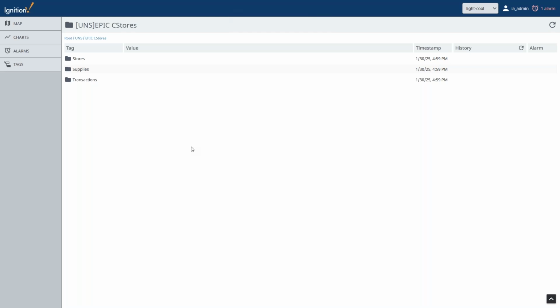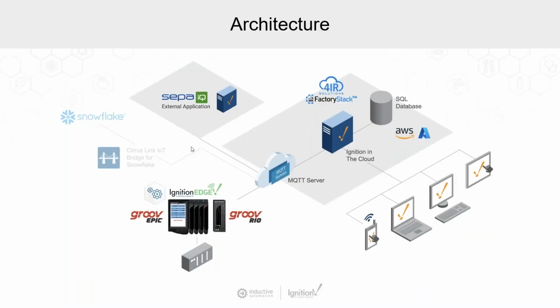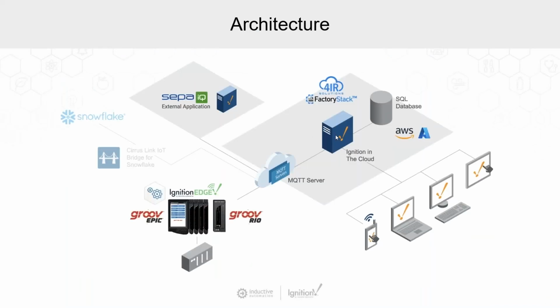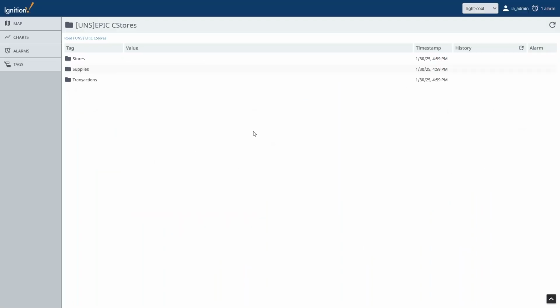So this is Ignition running, and I'll switch back and forth between the architecture diagram and the actual demo here, but this is Ignition running where it says Ignition in the cloud there. This is running from that server. I happen to be a client that is connecting up there. And if I take a look at this, right here, these are my tag providers, and this is my UNS,